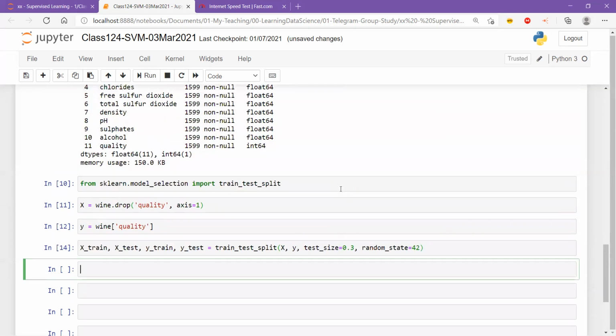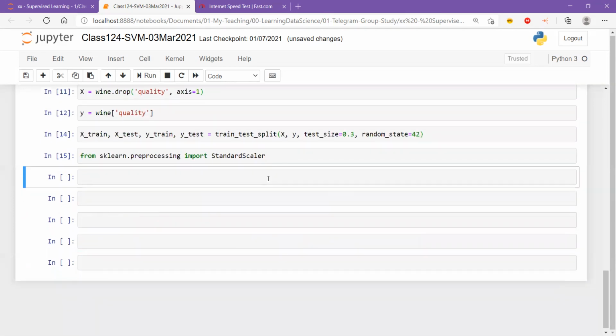Okay, now what we are going to do from sklearn.preprocessing import standard scaler. Okay, I'm going to scale my data, but there is something which I'm sure you are already aware. We will fit transform the training data, but not the testing data. So what I mean by that is I'm going to x train scaled is equal to